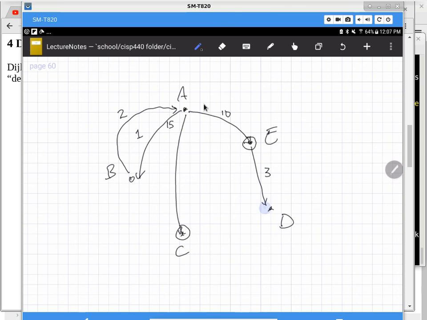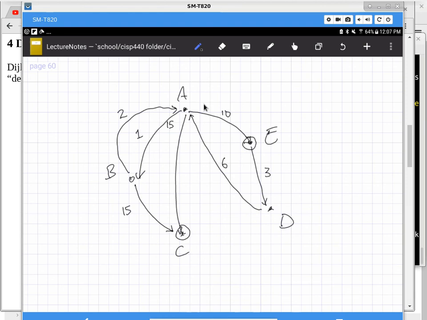And then we'll have D back to A with 6 units. Let's see. We'll just make it more fun. B to C has a cost of, say, 15 units. All right. So now we have a graph, and Dijkstra's algorithm does not need you to designate a particular